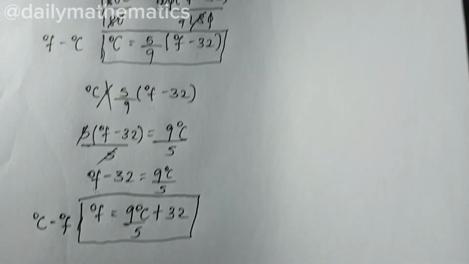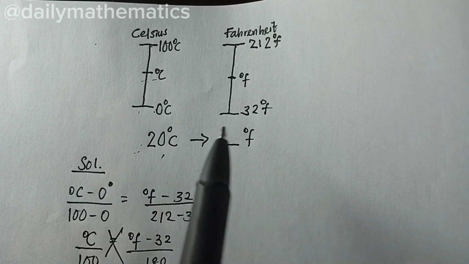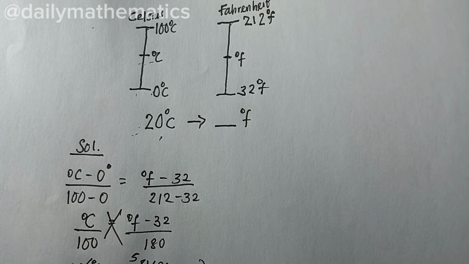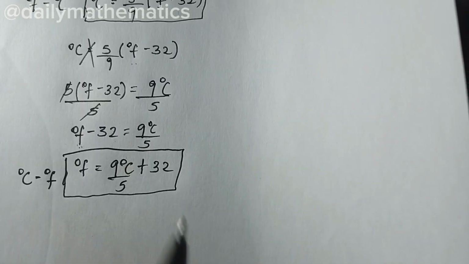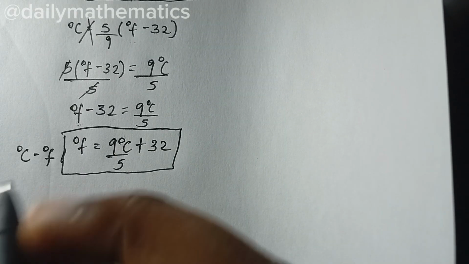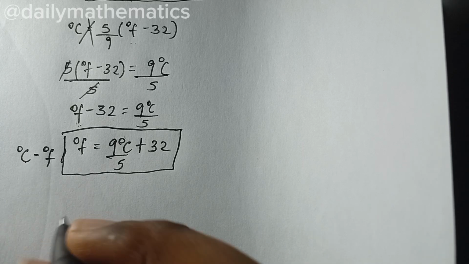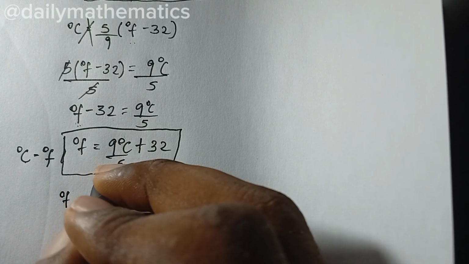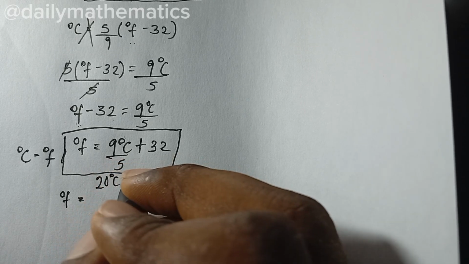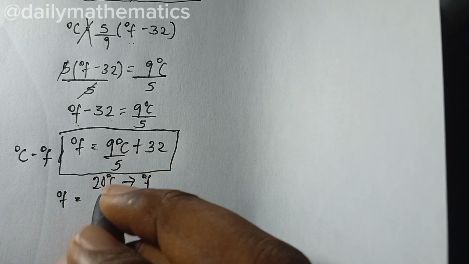So having all these formulas, we can work out any question without having to draw the Celsius scale and the Fahrenheit scale again. So from here we have our question: 20 degrees Celsius to Fahrenheit. Remember, this is the formula for converting degrees Celsius to Fahrenheit. So from here we write it down: degree Fahrenheit equals